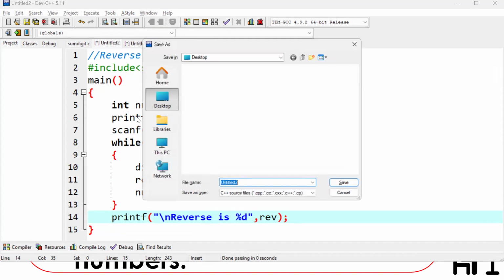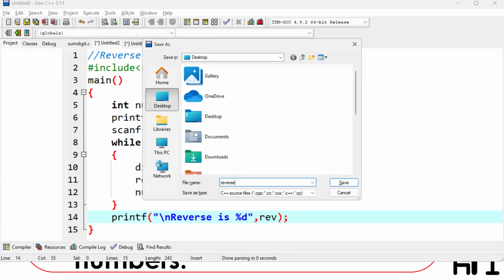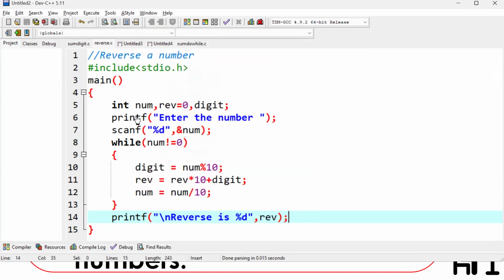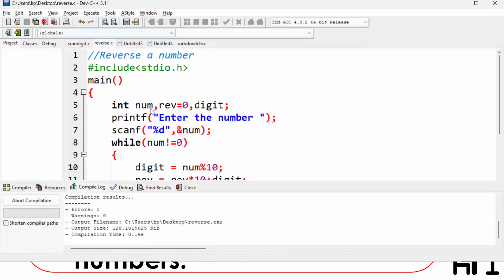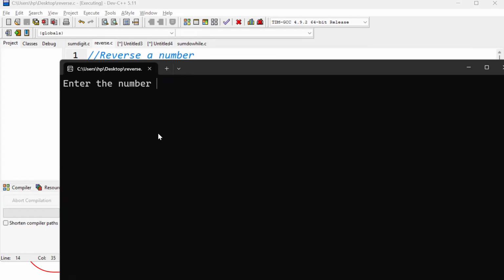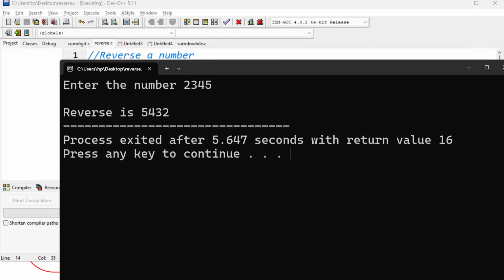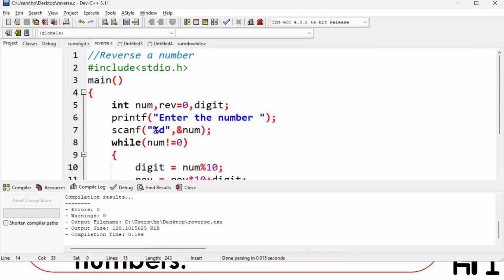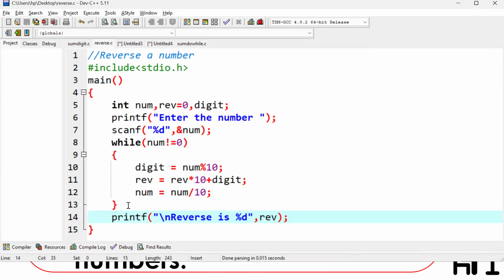Okay. So let us compile and execute. 2345. Now see, 5432. Okay. Now as per our discussion,